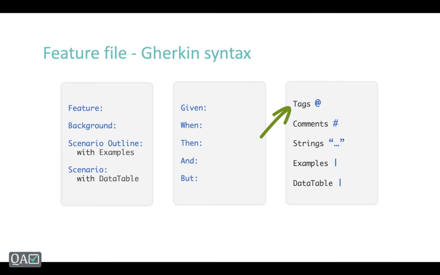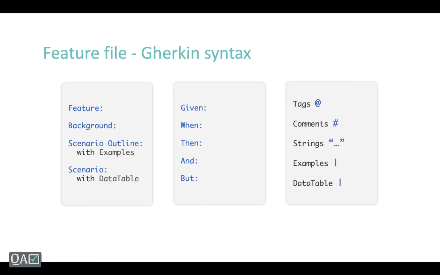But let's say that your BA or the product owner wants to just execute the API related test cases or scenarios, so you can mention there @API. Each scenario can have one or more tags. So based on these tags, Cucumber helps you to run those specific scenarios. Okay, like a category, right? So that's what the @ is. You can say @functional, @regression, @API, you can mention those things.